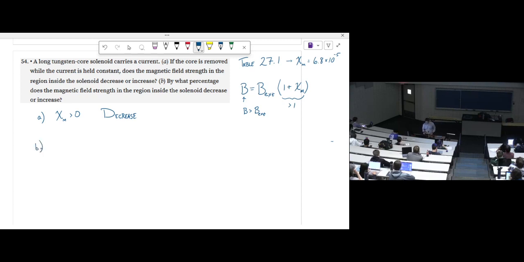Part B, by what percentage does the magnetic field strength in the region inside the solenoid decrease or increase? Well, as we've said, B is equal to B external times 1 plus chi sub M. And if you want to know the percentage difference, that's the same as taking the fraction of change. So that's just 1 plus chi sub M, or that's equal to 1 plus 6.8 times 10 to the minus 5, or that's equal to what? 1.0000068,